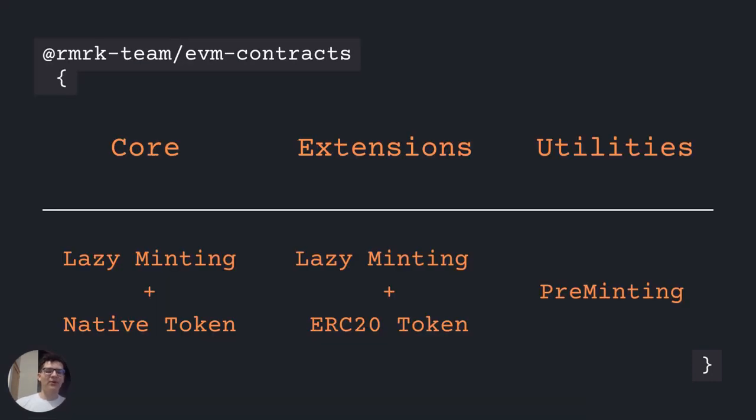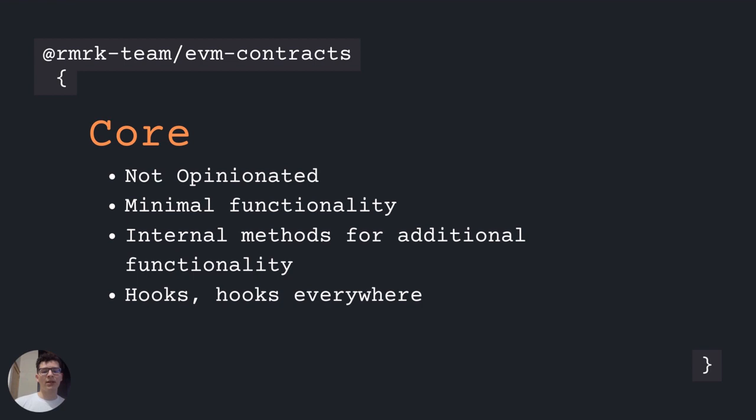The EMP repo is divided into some internal packages. Let's quickly look at them one by one. The core contains the minimal functionality the contracts need to have to be compatible with the protocol, and it's non-opinionated. This is very important because there are several ways to finish the missing pieces, but we let the implementers make their own decisions on them. For instance, how should minting work?